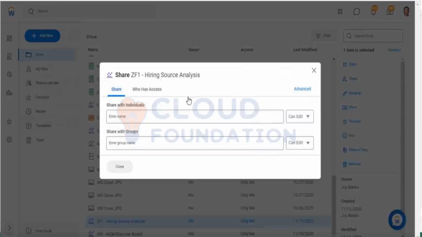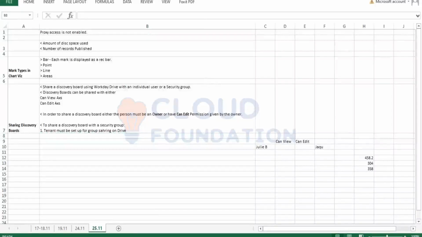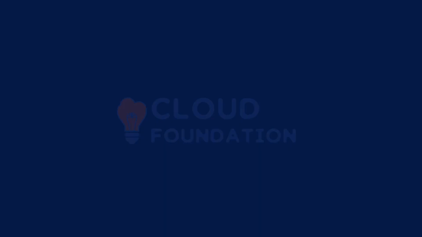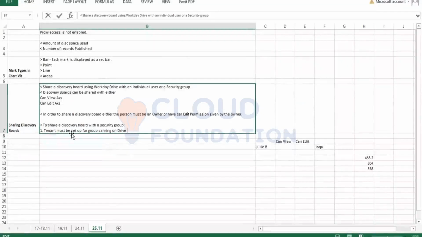Whereas this tenant, I can share it with security groups as well. That's because this tenant is not set up for group sharing. Now, how do I set up that tenant for group sharing? So your tenant must be set up for group sharing on Drive, and you do that using the task